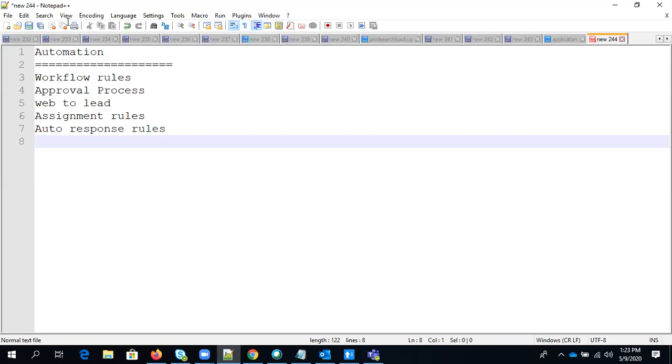So let's first discuss what a workflow rule is. As you guys are aware, if you are doing something, you generally get some automated email. If you are ordering something online, after submitting the order, you get an email that your order is submitted, with the information related to your order.